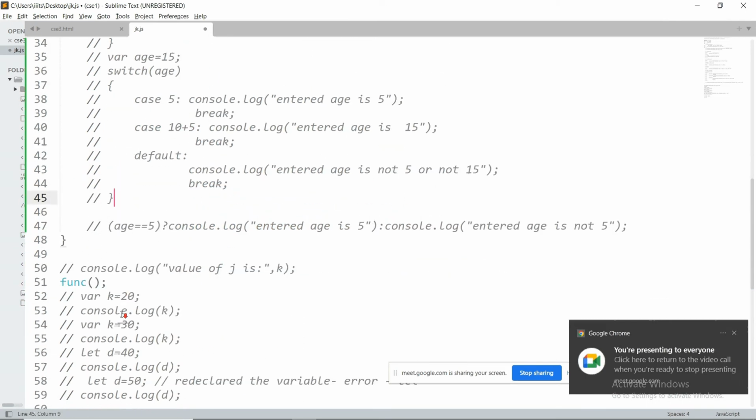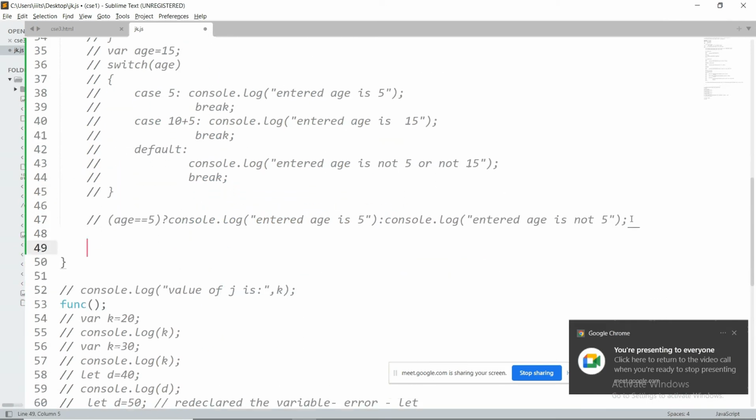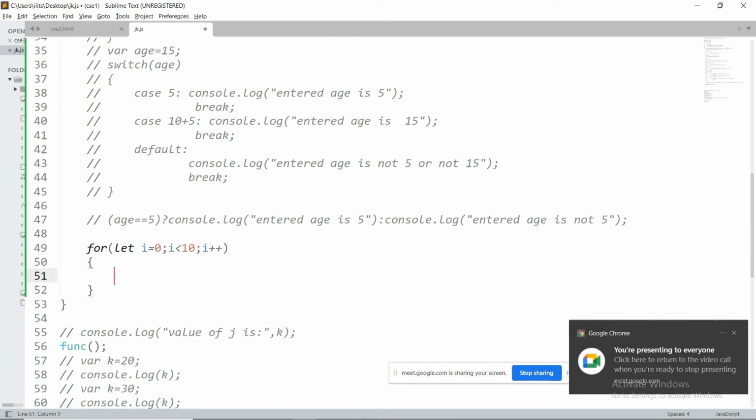What is the syntax for this? First is initialization, next is condition, next is increment or decrement, followed by the block of statements.